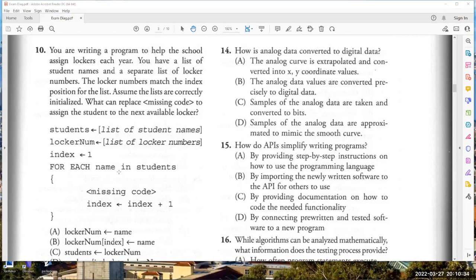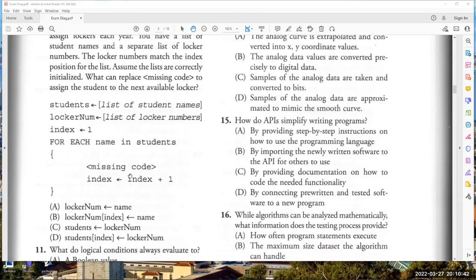And the name you need to assign to the locker number matching the index location. So the missing code needs to assign something to locker num, which is a list. Basically, you are going to assign things to the locker num. You are not assigning locker num to